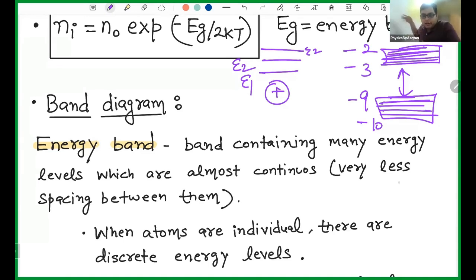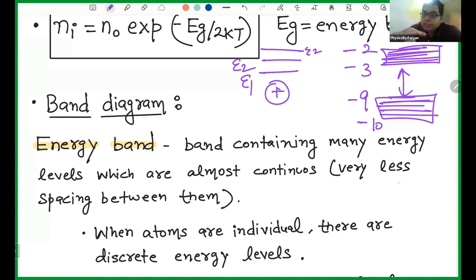Then we have the gap, again, many number of lines. So the same thing is happening. Then when atoms combine, the redistribution of energy happens. Because of that redistribution, we get bands. And so the one line definition of band is, it is the combination of many number of energy levels